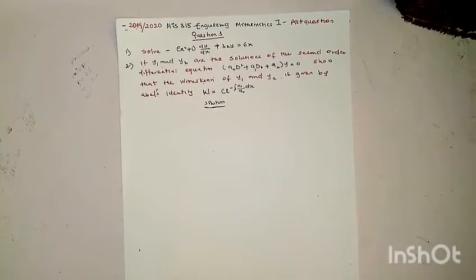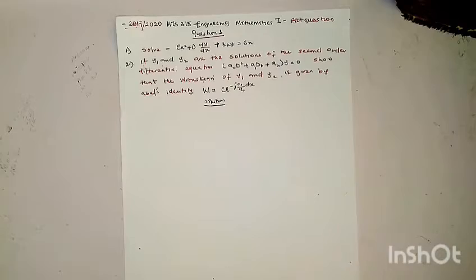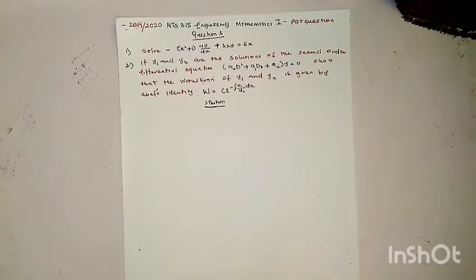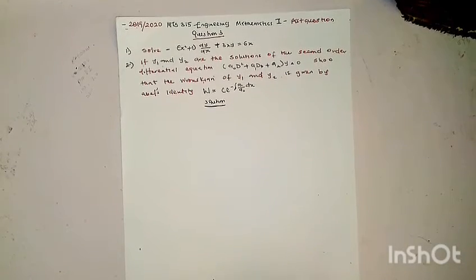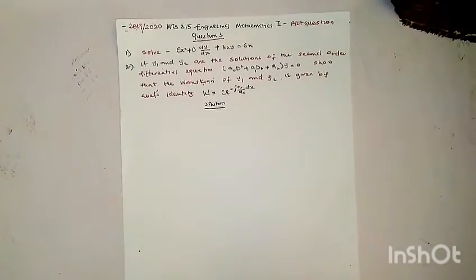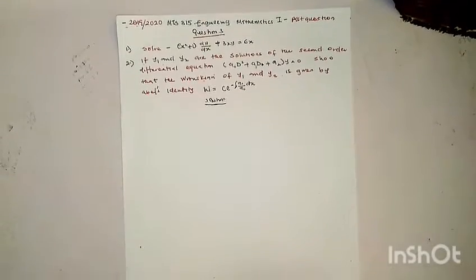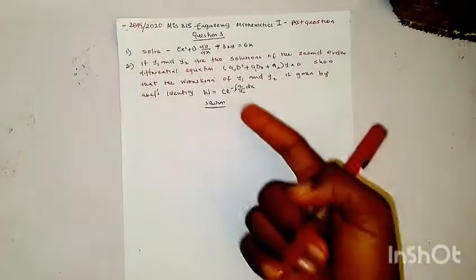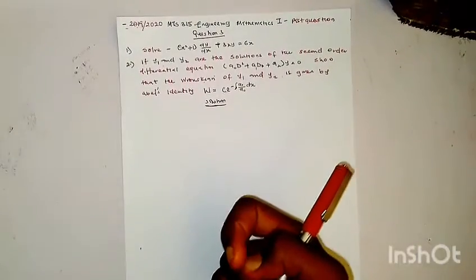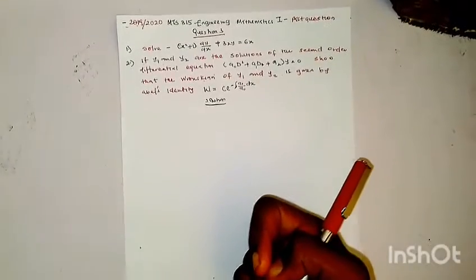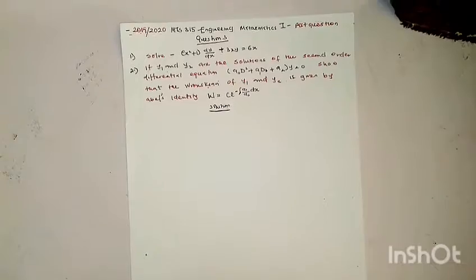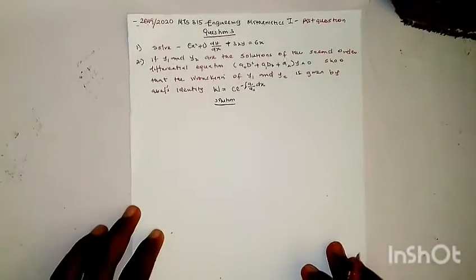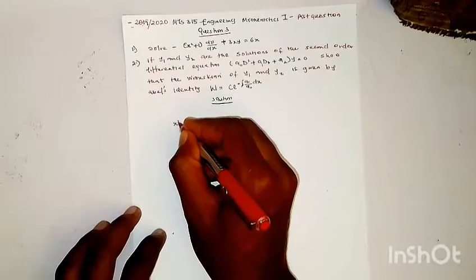So today we are going to be looking at some questions on differential equation. Basically, this is a past question, 315/2019/2020. Solve x squared plus 1 dy dx plus 3xy equals 6, and if y1 and y2 are the solutions of the second order differential equation, I know we have not actually treated second order differential equation, but the video will be coming up very soon. So show that the Wronskian of y1 and y2 is given by Abel's identity, c exponential minus the integral of a1 over a0 dx. So taking the first question, we say solve x squared plus 1